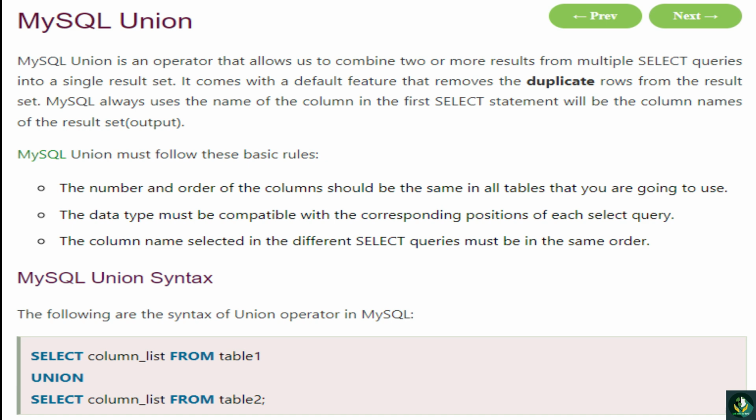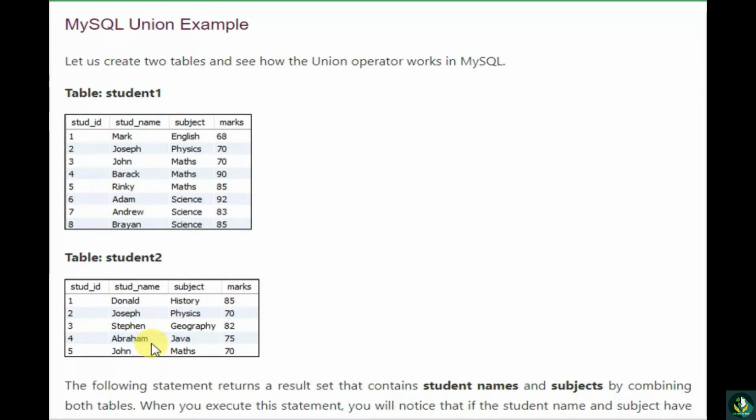The data type must be compatible with the corresponding positions of each select query. The column names selected in the different select queries must be in the same order. MySQL UNION syntax, and this is the basic syntax: select column list from table 1 union select column list from table 2. MySQL UNION example: